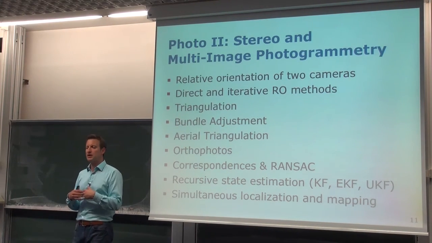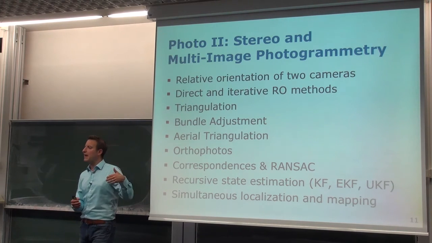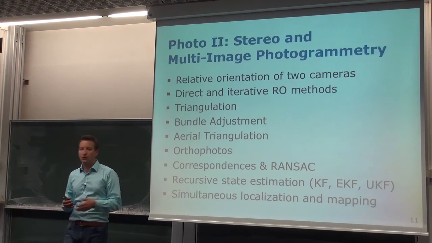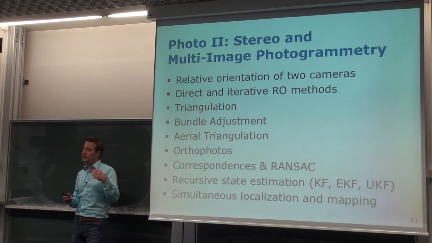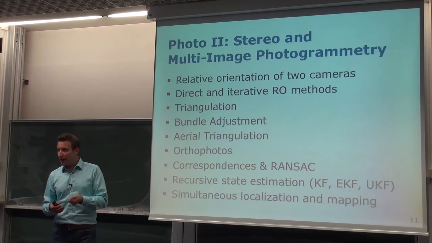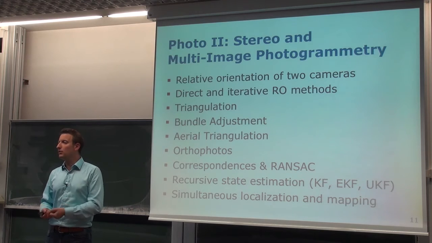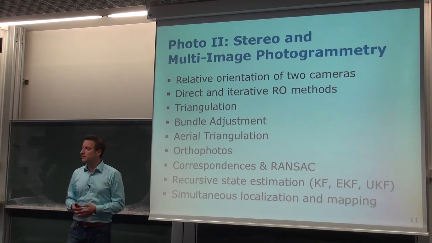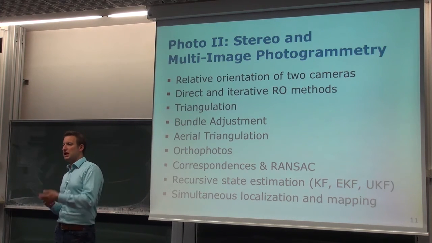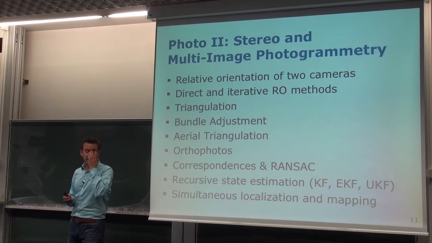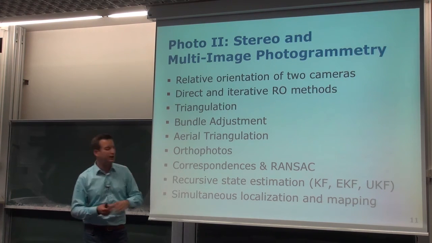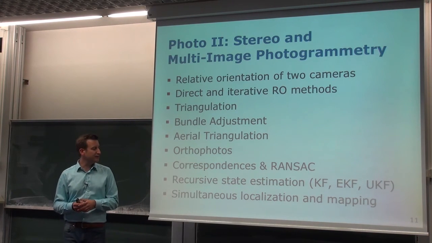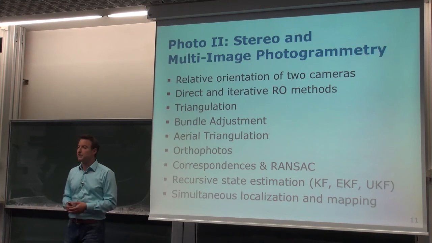So whenever a new image comes in, I want to have the best possible solution, for example, of where my camera is at the moment. This is important if I want to estimate, for example, the state of a dynamic system or of a moving platform which moves through the scene, and at every point in time I want to know where the vehicle is, for example an autonomous car, or a survey vehicle which takes measurements of the scene, and we want to decide on the fly which areas we may need to reobserve in order to get better measurements. And this is something which is called recursive state estimation. So the Kalman filter is one prominent filtering approach to do that. We'll look into variants of the Kalman filter and then see how we can use this for the simultaneous localization and mapping